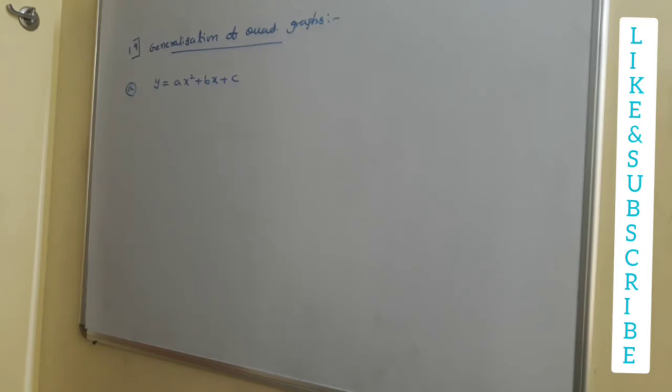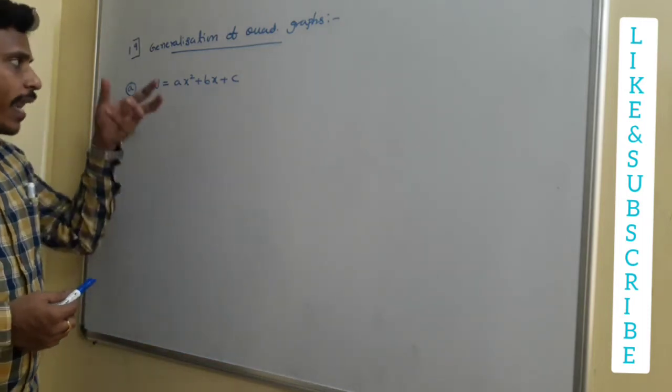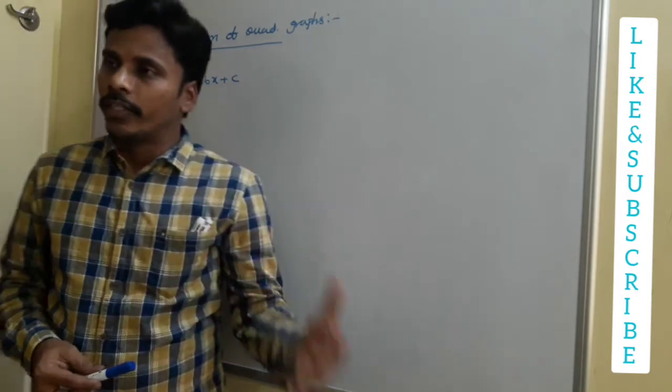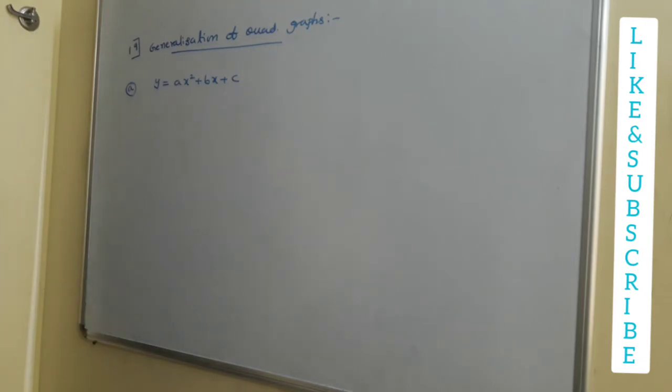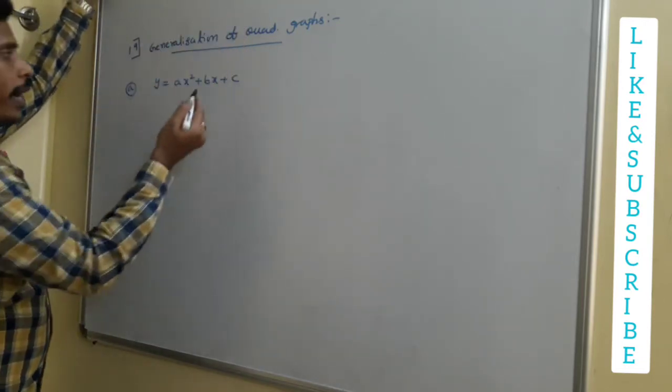As we discussed, to sketch the graph of y = ax² + bx + c, first of all we need to analyze it algebraically in two ways. One related to its roots and the other related to the perfect square form. First of all, in a bit, I will analyze it in the perfect square form. I told you, right?